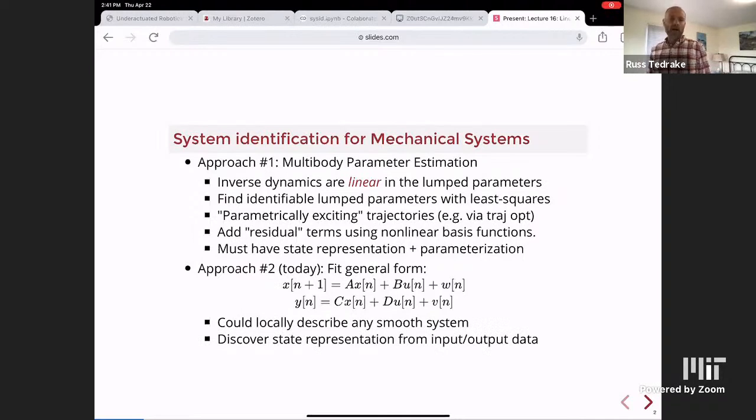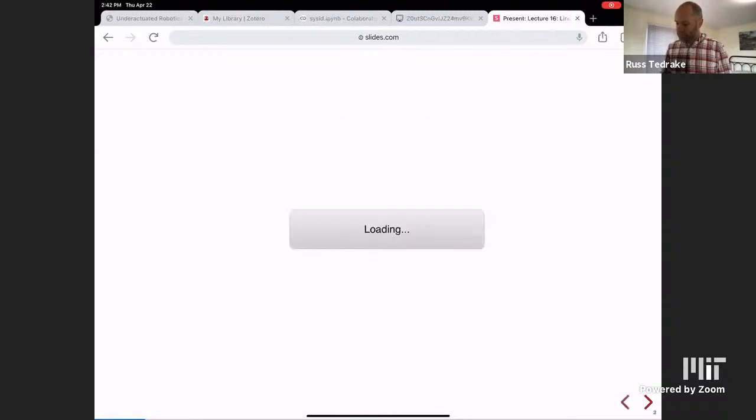And I just said how important it is to discover state representations from input-output data. Okay, so let me start with some of the basic, simplest case ideas here. So remember I talked about